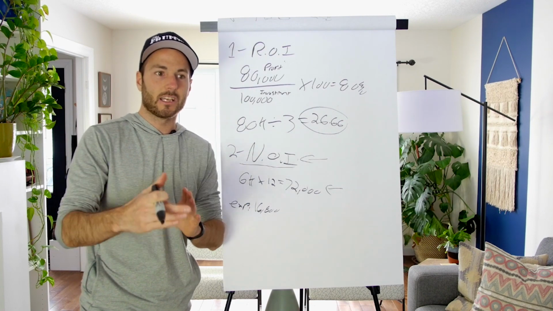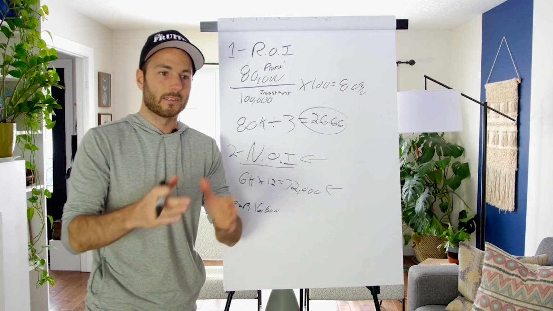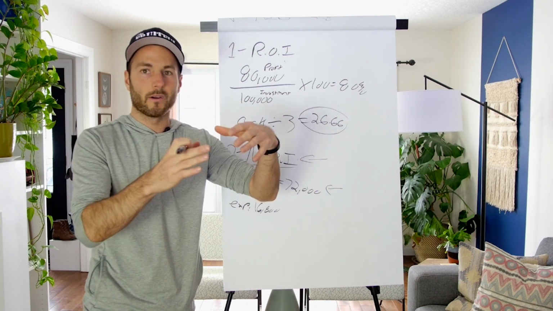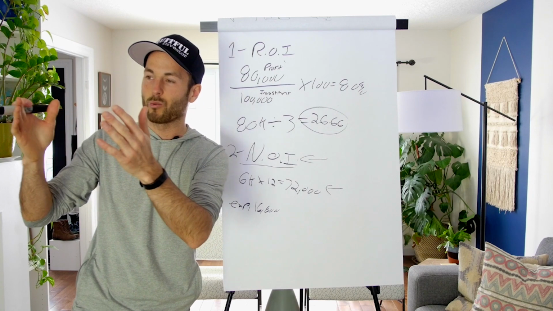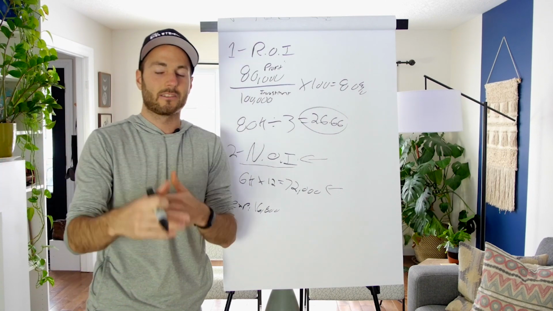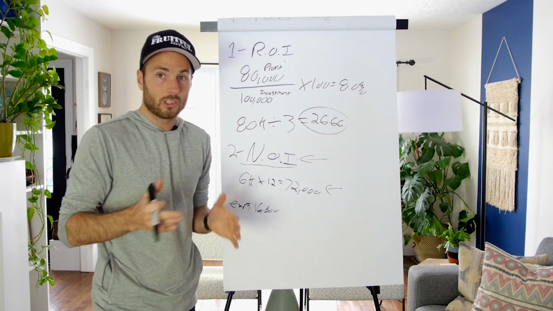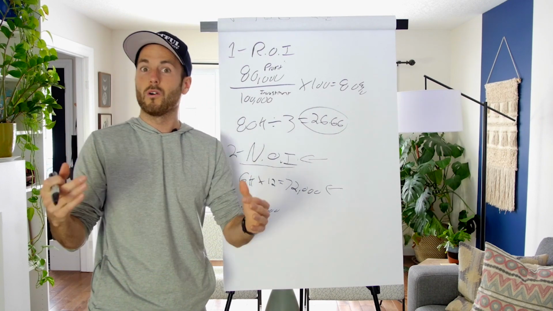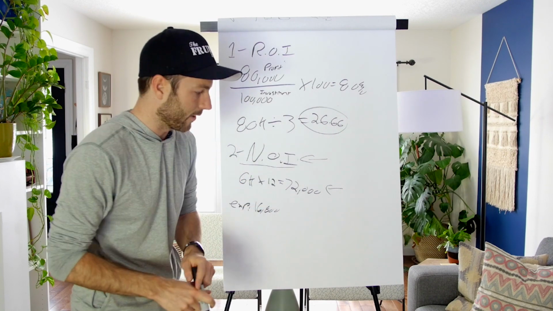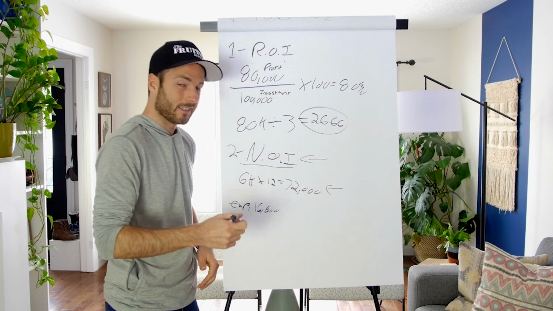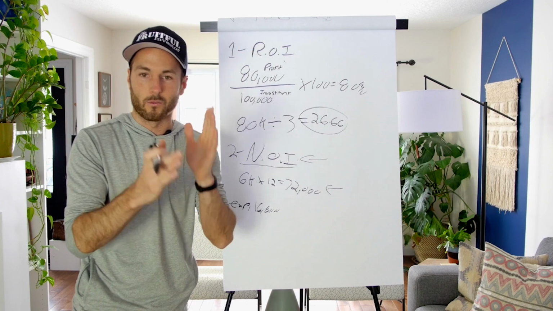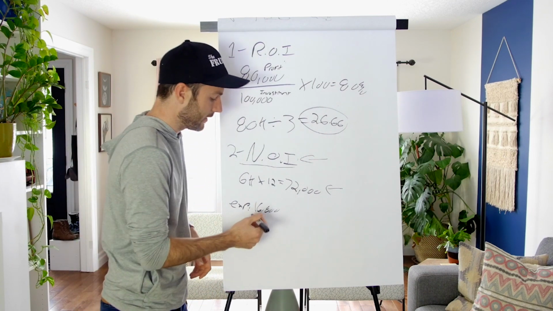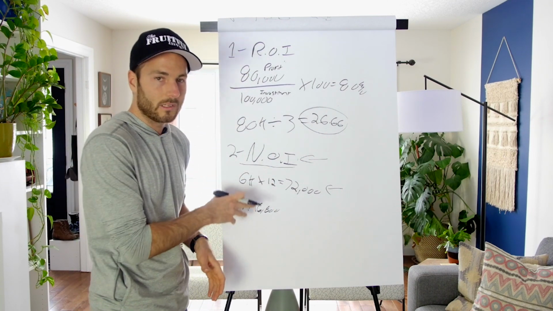Because mortgages can change from person to person to person. This person might get a better rate, more amortization. This person might get a 3% rate. This guy might get a 4.5% interest rate depending on his financial situation. So the mortgage payments change person to person to person. So we don't know what the next buyer is gonna have to be dealing with. But what we do know is that the garbage, the taxes, the snow and lawn, the property manager, they're all gonna be the same no matter what. No matter who buys this property, these are gonna be the exact same. So that's why we only use these.